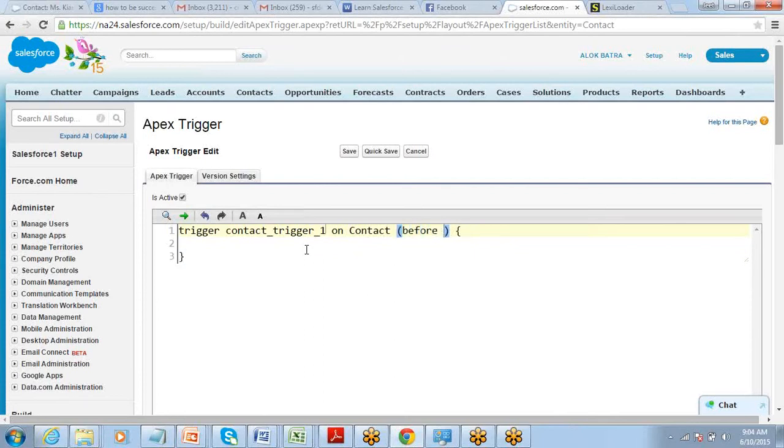I want this to run before insert, right? Same thing: for Contact c, define an sObject within trigger.new. Start the for loop, end the for loop. Within this, just write whatever your logic is. If c.email != null, or if it equals null, then it should throw an error.